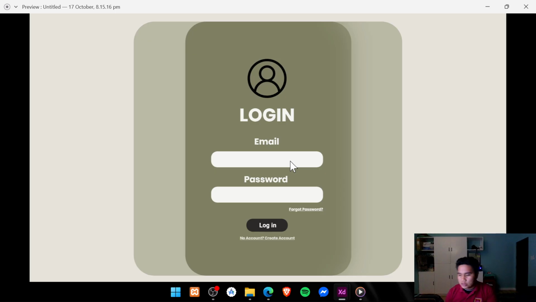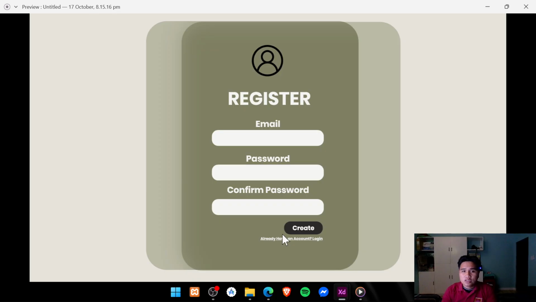And then next is the no account, create account. In that part, Mr. Lagmay uses a button for the register, but if you compare it to modern websites, they are using this type of text instead of a button to go to another page for registering or creating an account. So let's move on to the create page or the register page.